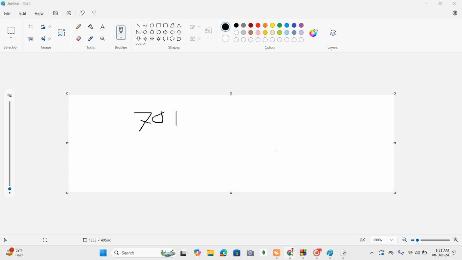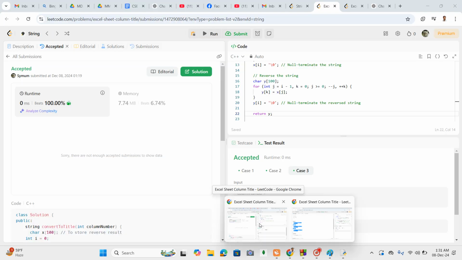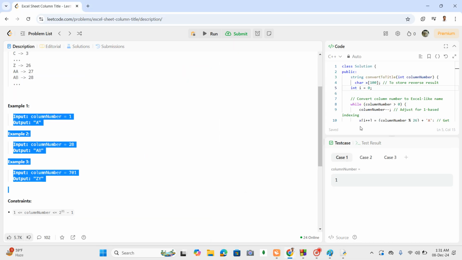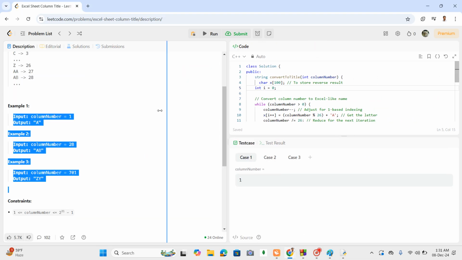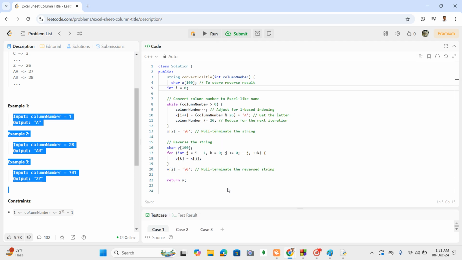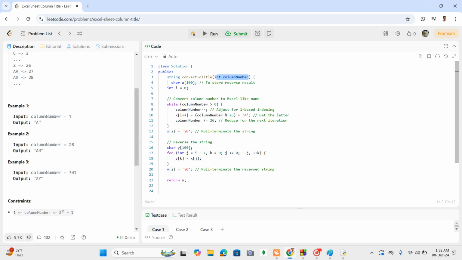So this is the example, and let me show you the solution, which is a very easy solution, beating 100% of user solutions. As you can see, first the column number is taken, and I'm taking a character array, and after that, if the column number is greater than 0,